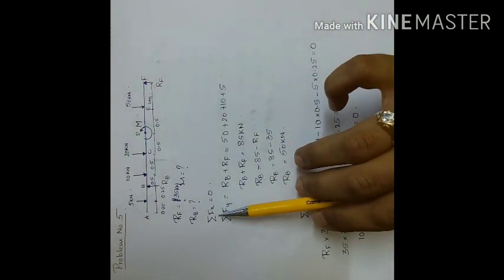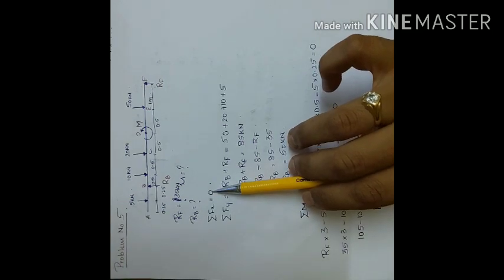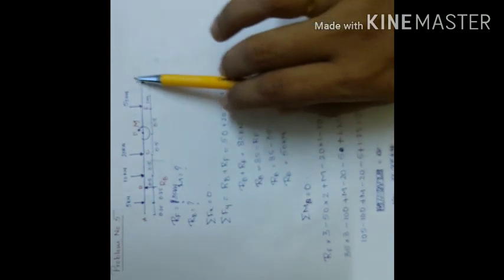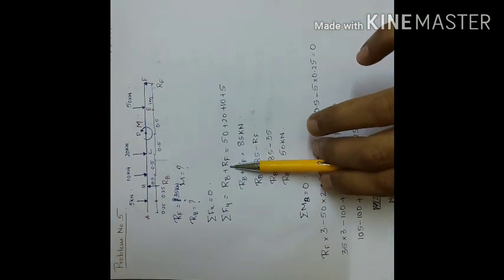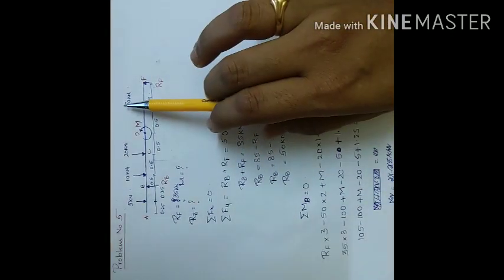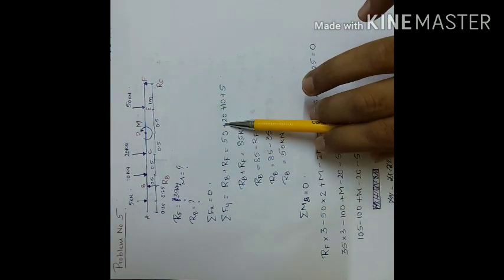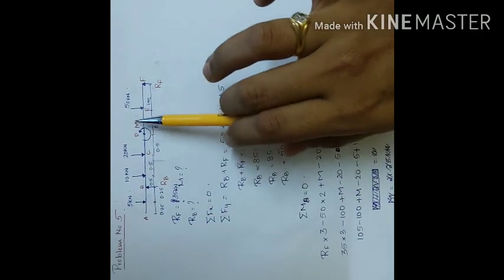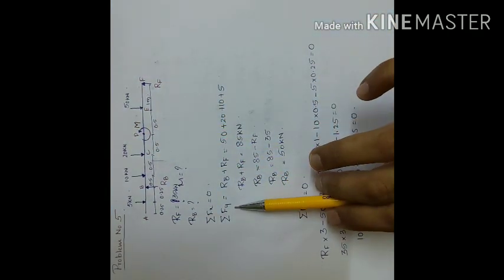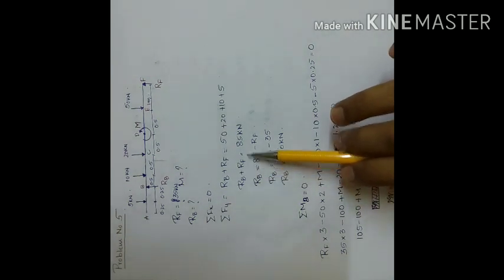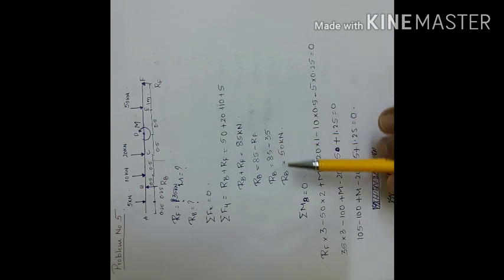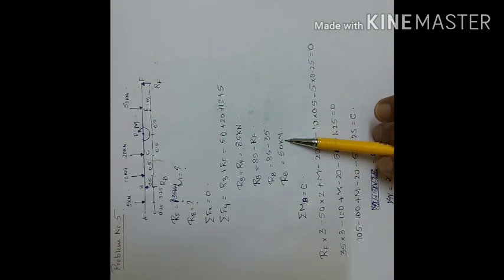So this is how we put the free body diagram. Now, first we go with summation of Fx equal to 0. No horizontal forces are here. For Fy, Rb and Rf are moving upward, so they are positive. On the other side, 50, 20, 10 and 5 come to the other side, becoming positive. We shall not consider M because we are taking only the vertical forces. Calculating all this, Rb plus Rf is equal to 85. Rf we know already, it is given in the question, that is 35. So Rb will be 50 kilonewton.